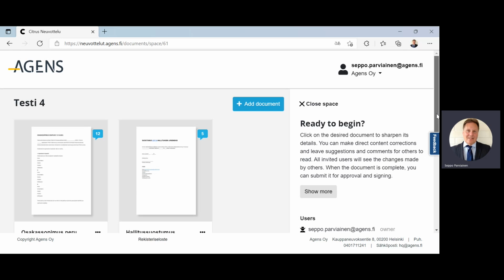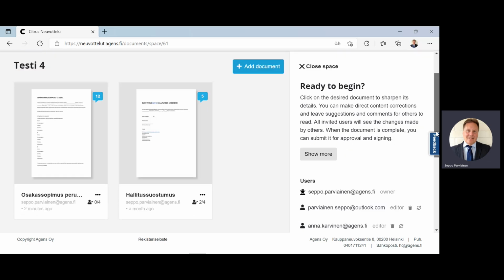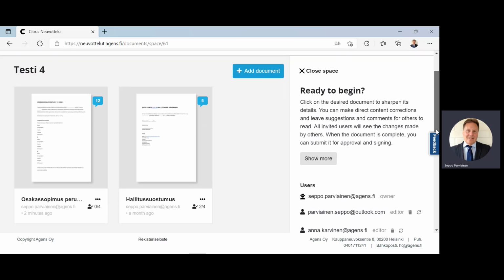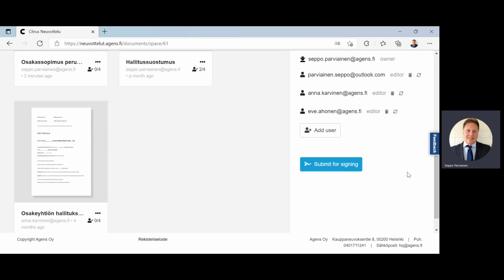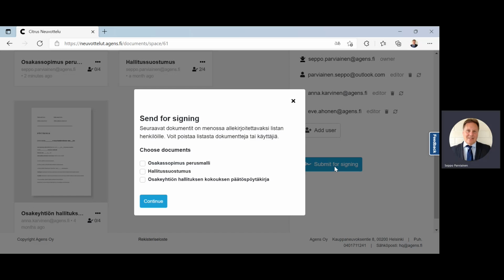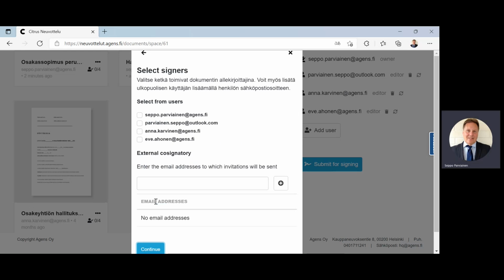And then if you think that this is now ready for signing, this process for the shareholder agreement, we can go to this submit for signing, and then send for signing. We can choose the needed documents, like here, shareholder document, and then continue. And then we can select the signers. For instance, we can select myself,